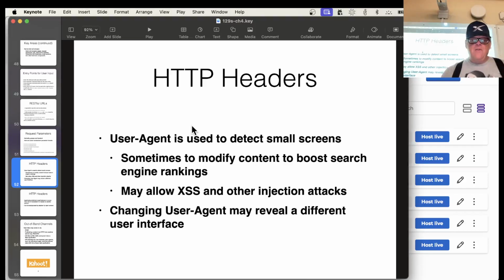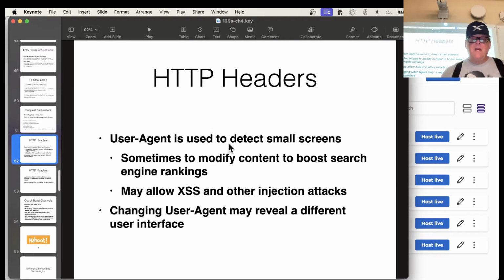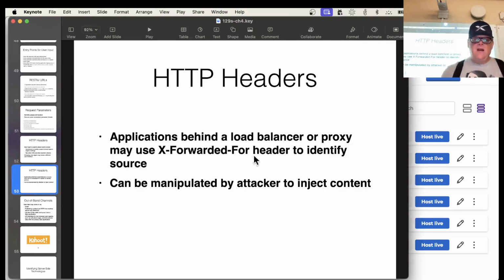And then HTTP headers. User agent is used to see what kind of browser you're using, which normally is only important to see if you're using a phone or not. And you might see a different user interface if you change the user agent to a phone. If you're behind a load balancer or a proxy, it may have an X-Forwarded-For header to identify the source, so you might be able to manipulate that to control which of the server cluster you're talking to and